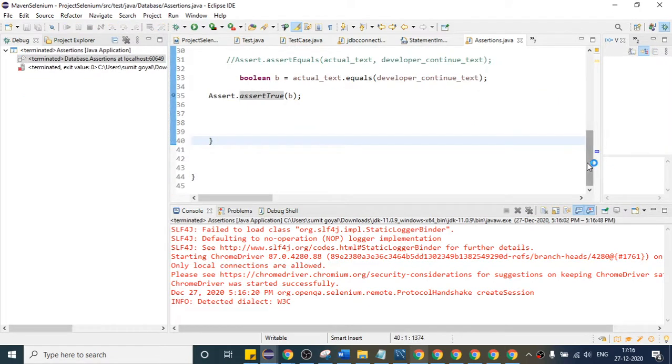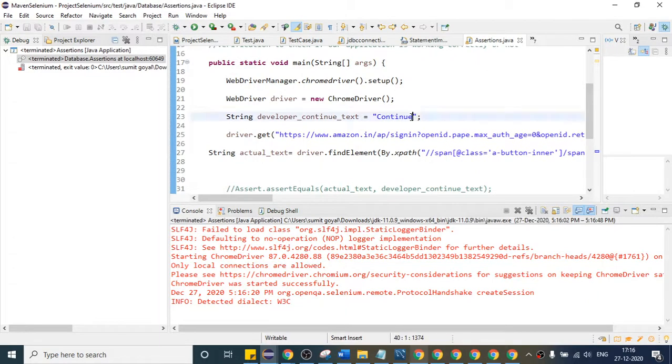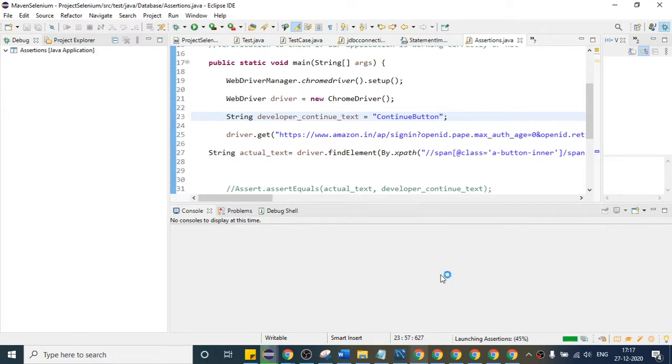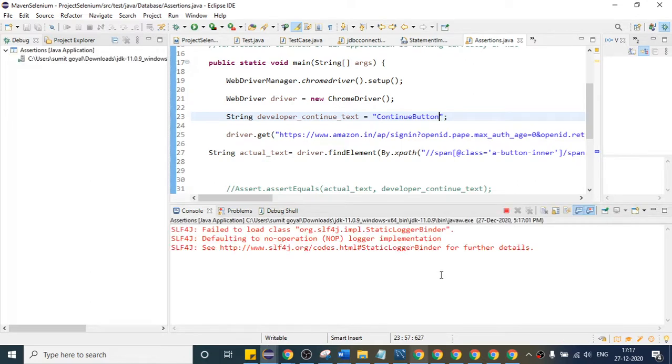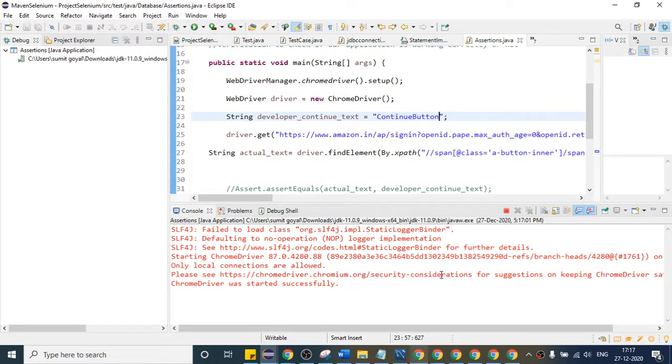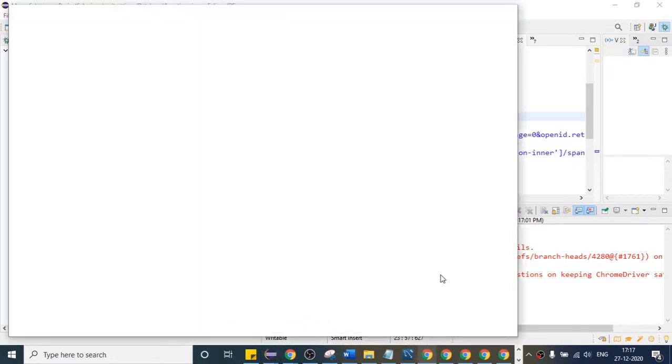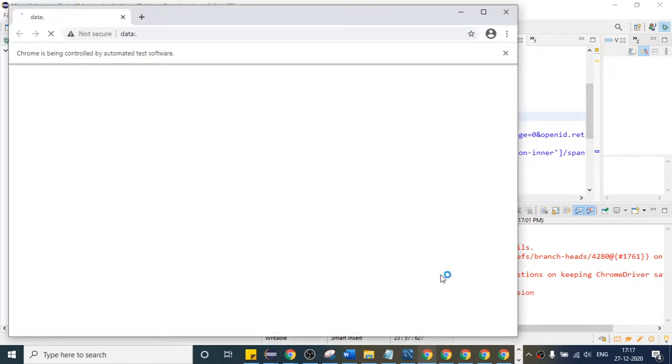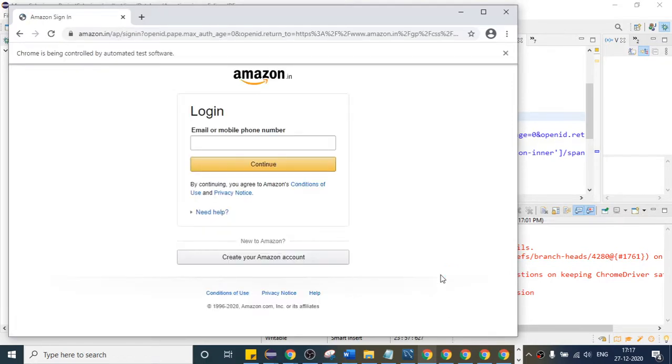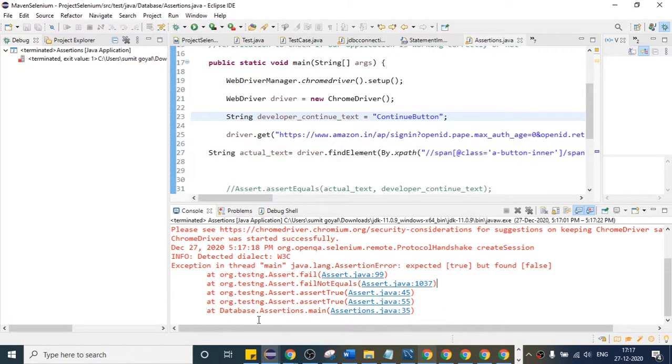But suppose I am expecting this text, which is the continue button like this, but I am getting continue. Now it will fail, so our test case is failed. If you see the last line, we come to know that at line number 35,